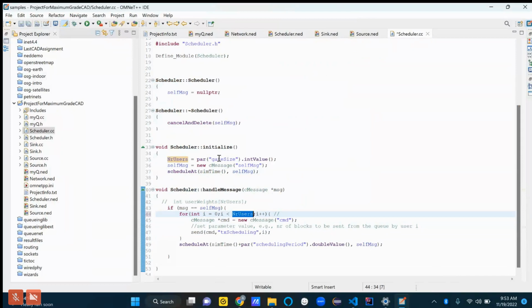It should be equal to gate size, and gate size is 3, because we set the default as 3. So I can just say gate size. The only thing is we'll have to change the scheduler.h as well, because now it won't implement what we said. We just had a capital thing there, so it should be fine.